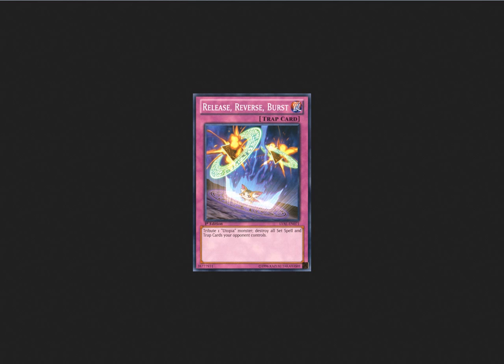But you won't have Utopia on the field. But who cares about Utopia? All your opponent's back row is pretty much dead. If you have this on the first turn and you have the right requirements to summon Utopia,